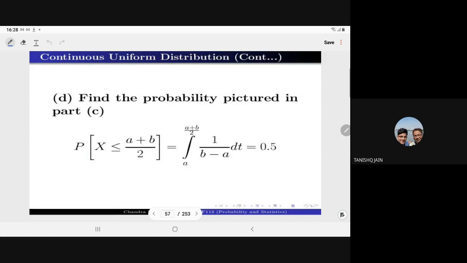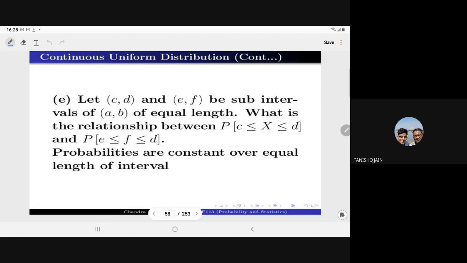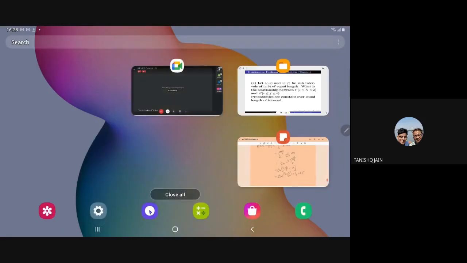So it will come the 0.5. Let CD and EF be subintervals of AB of equal length. What is the relationship between these two probabilities? So what they are saying is that